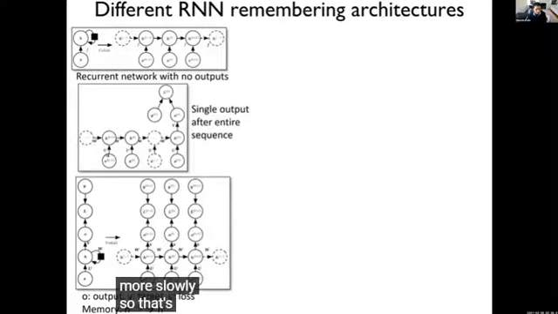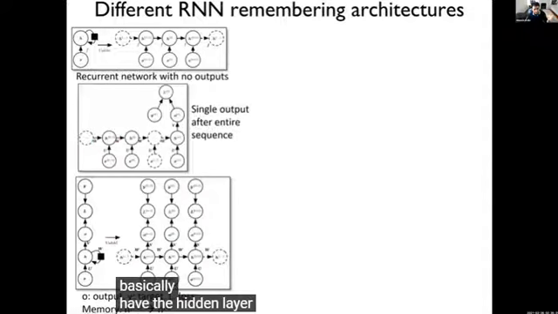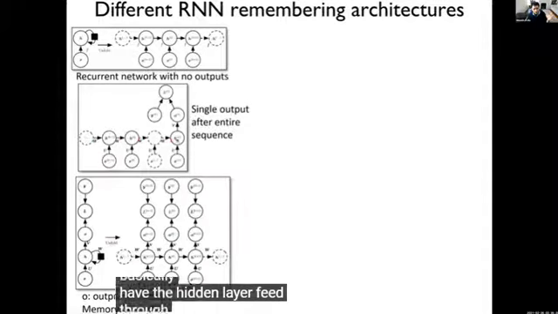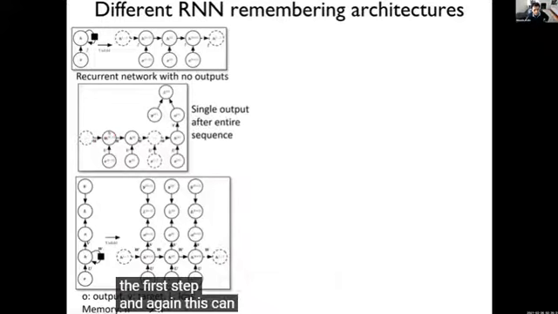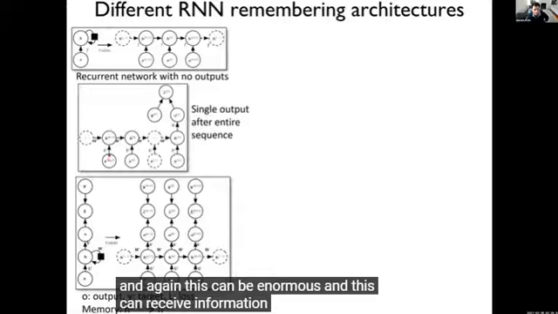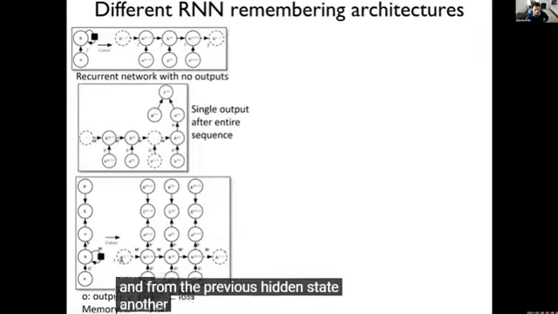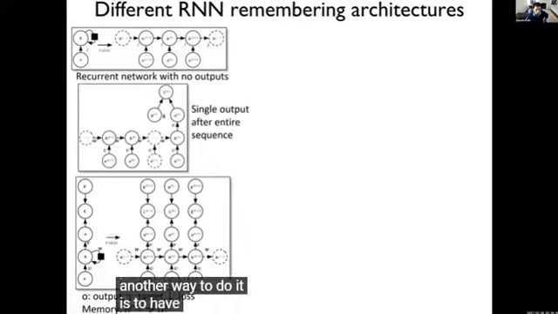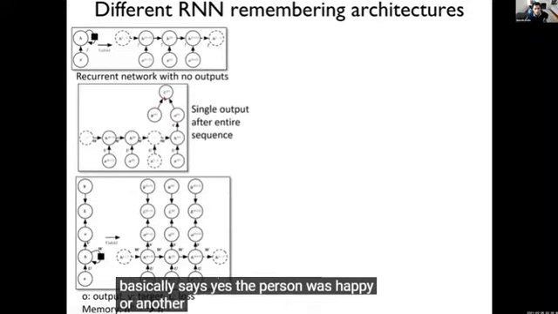So that's one way of doing it. We can have the hidden layer feed through from the previous time step to the current step. Again, this can be enormous, and it can receive information from the current input and from the previous hidden state. Another way to do it is to have not just a single decision at the end of a long sequence that says yes, the person was happy, or no, the person was angry,